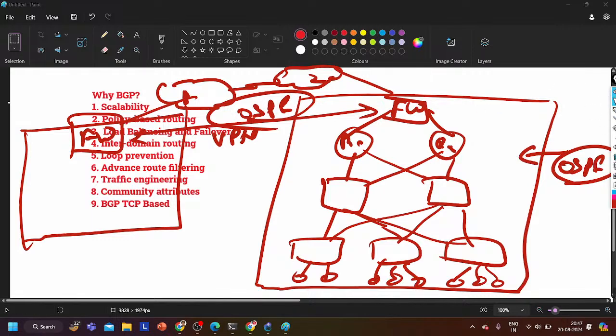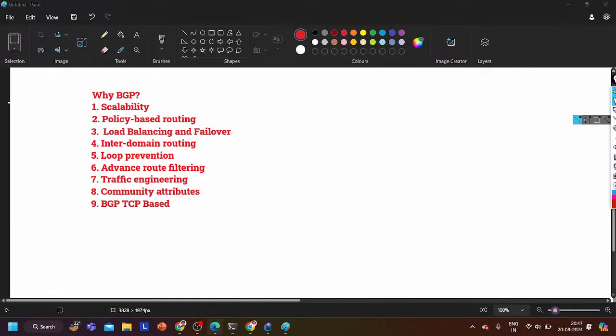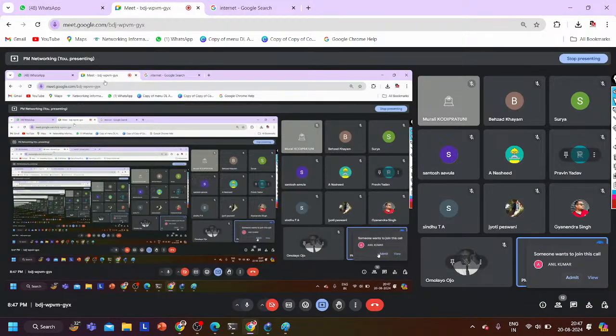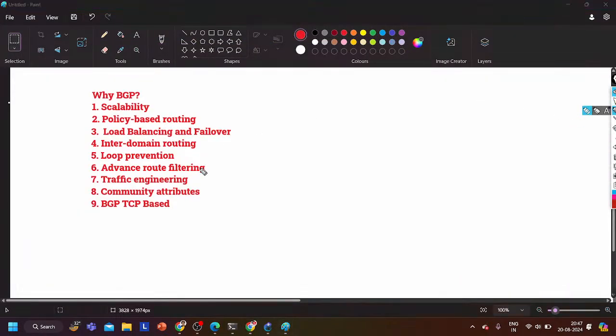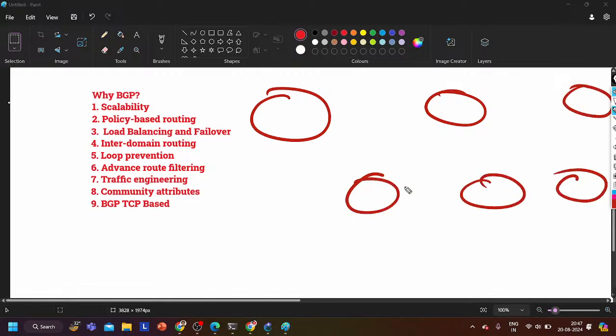Now let's take one example of a large company like Amazon. Guys, Amazon or Google have data centers all around the world. Am I right? Amazon has its data centers all around the world, right? And what does the company want? That my user should access the server as soon as possible, right? As soon as possible. And see, these are the data centers of, let's say, Amazon.